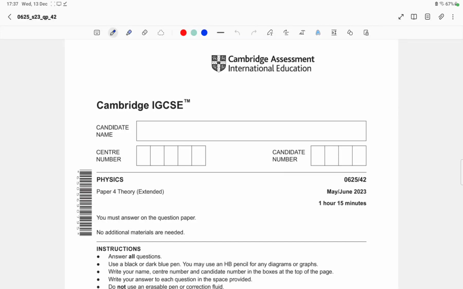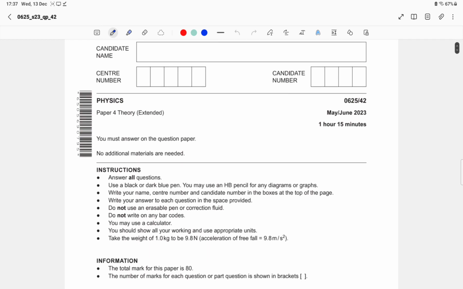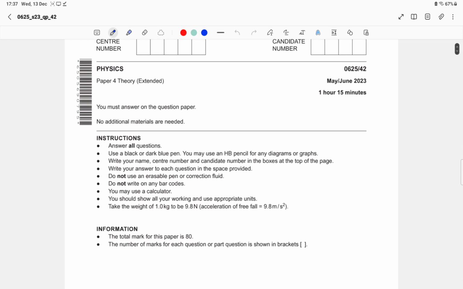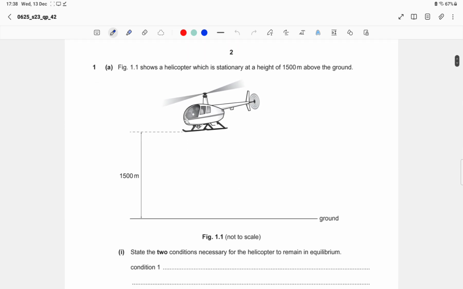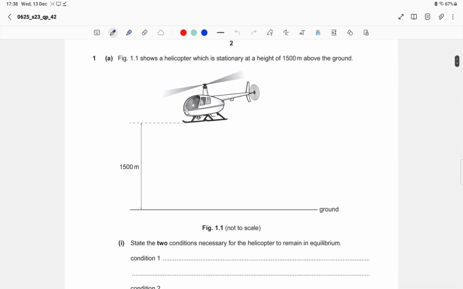To solve the Cambridge IGCSE Physics theory paper, the code for this paper is 0625/42. This is the March paper 2023. Let's start off with question number 1, and it says that figure 1.1 shows a helicopter which is stationary at